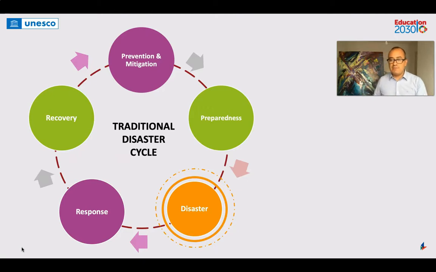So you prepare for that, and this is the second part of the disaster cycle. You prepare, apart from prevent and mitigate, for the moment when something will arrive. And when something arrives is when we will be discussing the disaster impact. This disaster impact will produce all the negative effects that we know. So the first thing that we have to do there is the response.